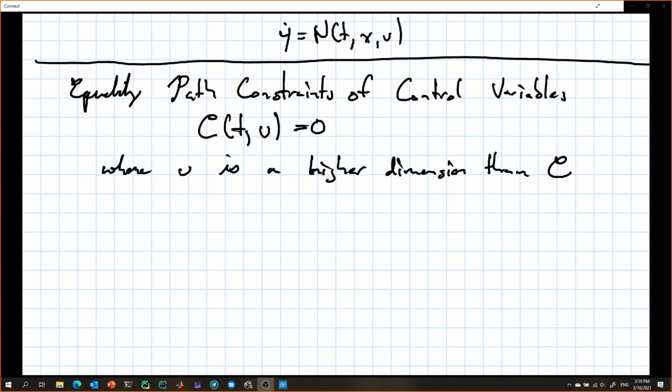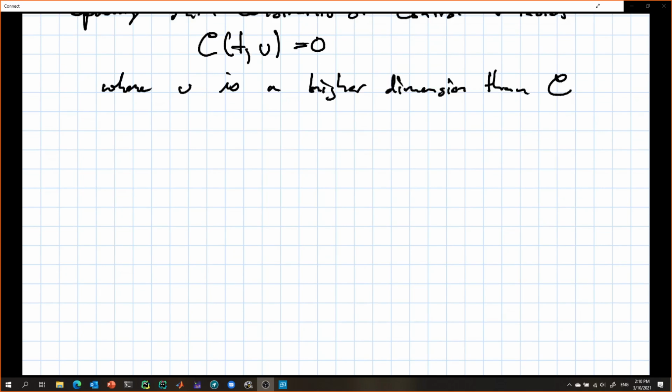Otherwise, it's no longer an optimal control problem. Otherwise, it just turns into a normal boundary value problem, or you go into a more complex Lagrangian dynamics area if you don't have at least one extra dimension for u. And like before, there are two methods to deal with this. So we have an unenjoined